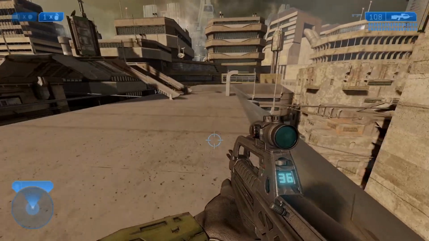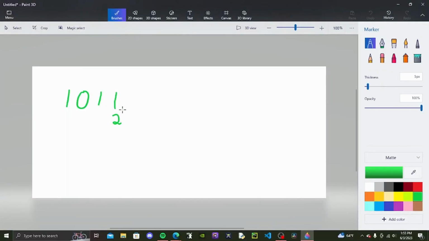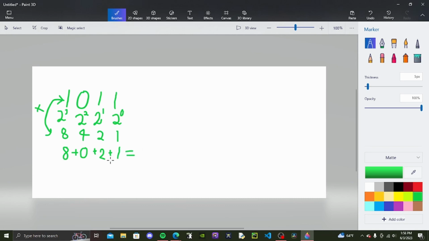Now we can use the same strategy for binary. For each digit in the number for the binary system, put a 2 below it. Then for those 2's, we put the power 0, and the one after that, 1, then 2, then 3, then 4, etc., going from right to left. Then take the product afterwards, multiply it by the corresponding number, then add it all together, and we get the